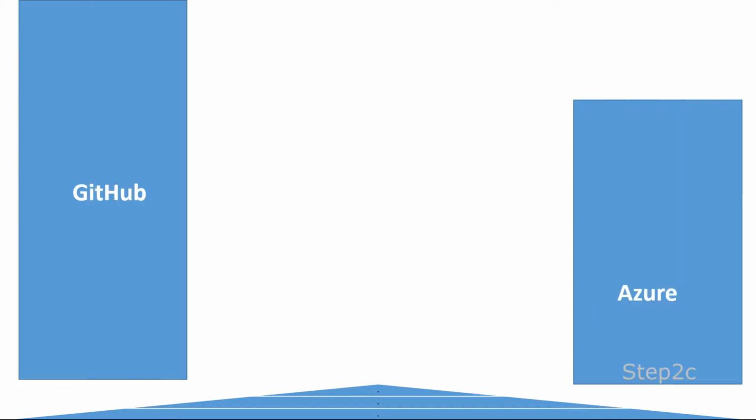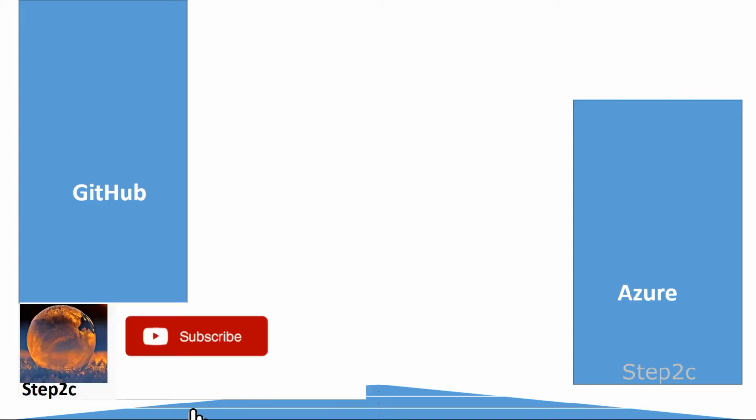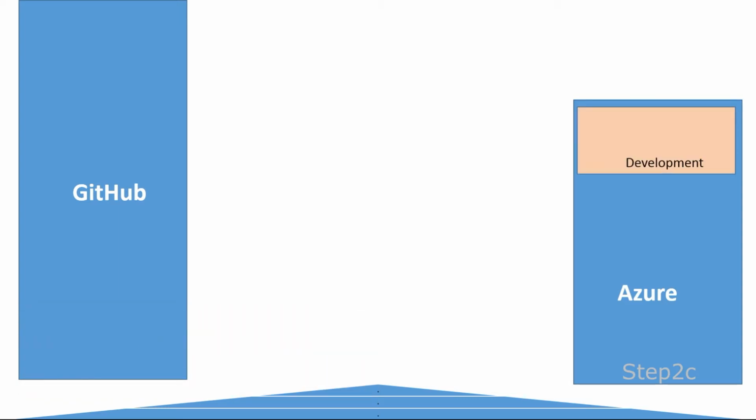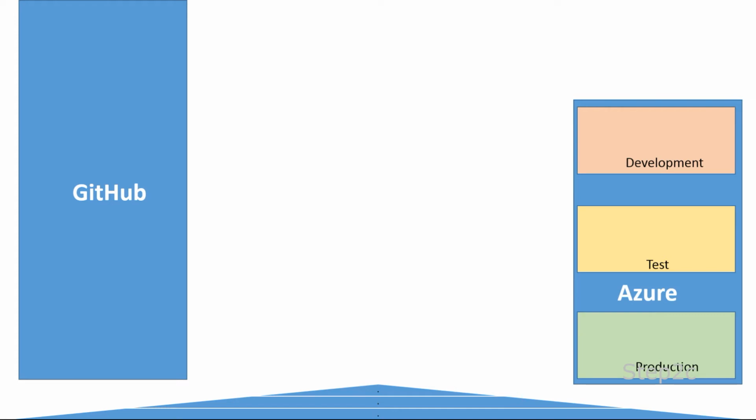So in the demo, we will use Azure environment for Data Factory and GitHub for source code management. And we will have three different environments inside Azure: development environment, test environment, and production environment. Inside development environment, we have Data Factory and we have storage account. So we will store some data in the storage account, and we will use Data Factory to perform some operation on top of that data. And to access the storage account, we will use Azure Key Vault because it's a secure way to access our storage account.